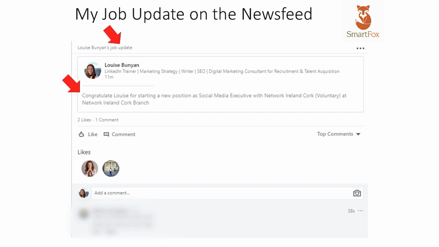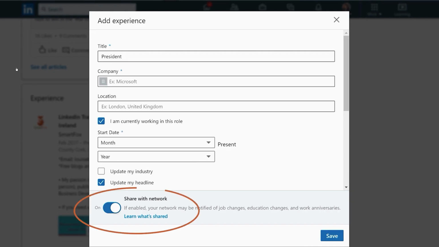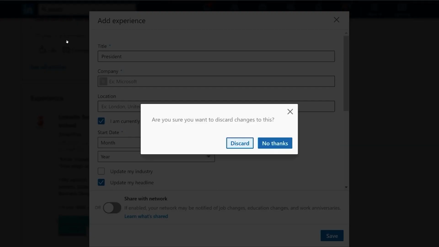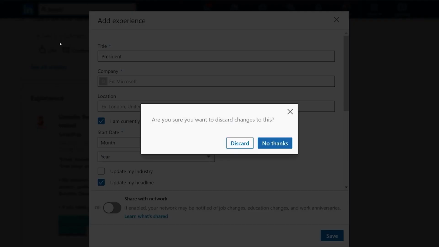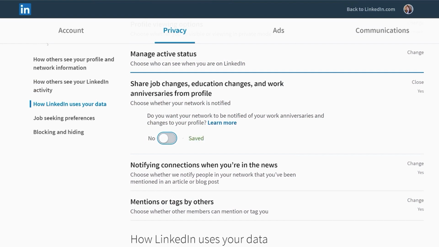So that's why I always ask people to make sure that they have updated their network changes to off. So I'm just going to flick that back over to no, so that if I make any changes on my current job title, it's not going to appear on the newsfeed.